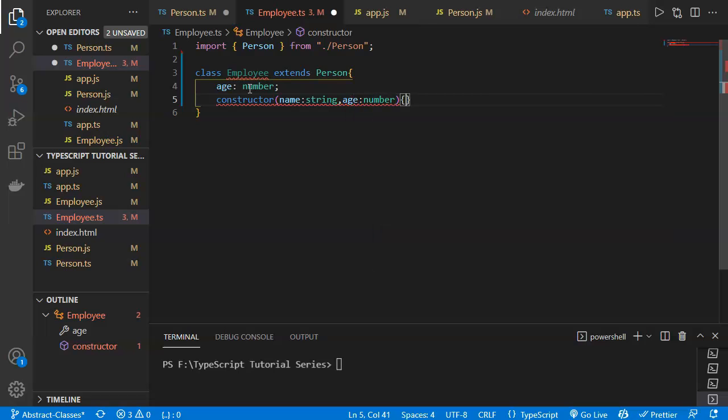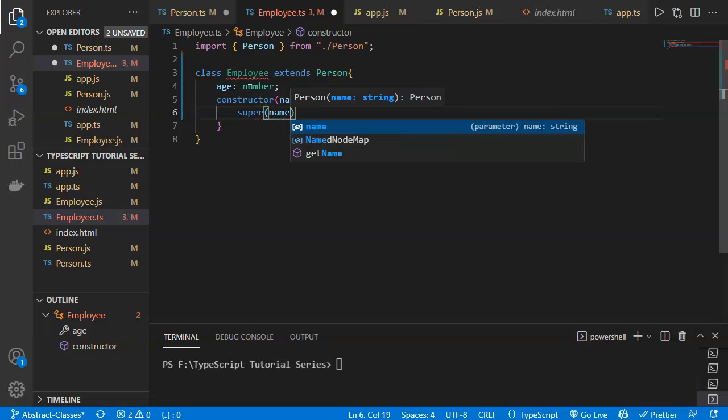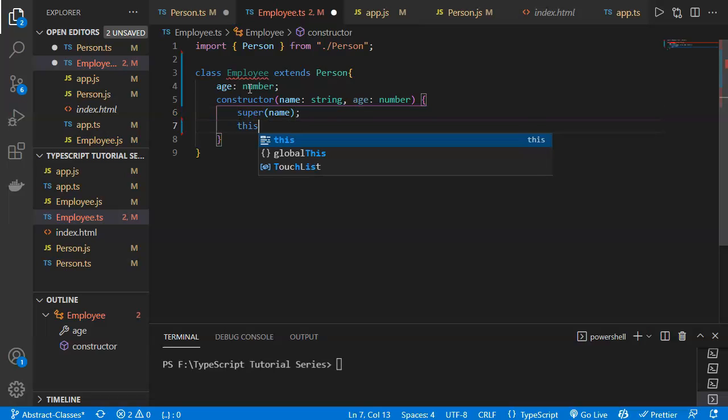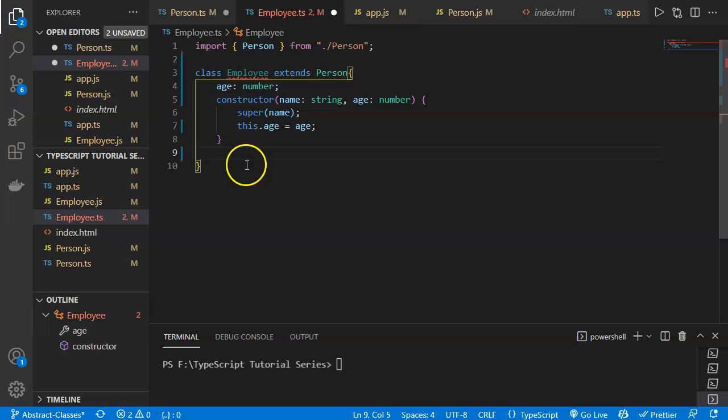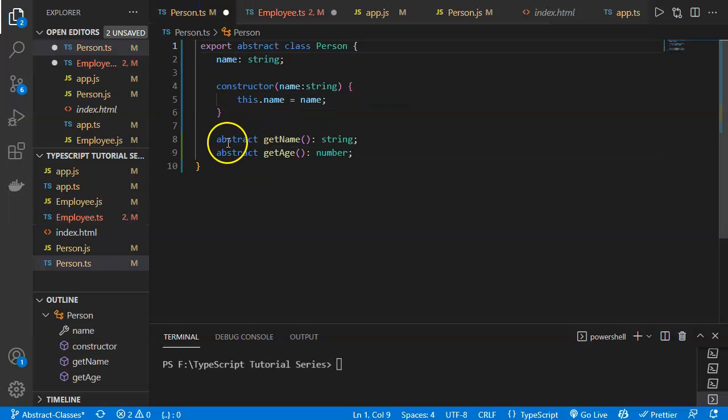Then we need to define the super call, and the super call will initialize the parent class constructor. It will be the name, so the name will be set from the parent class, and then we need to set the age from here. This.age will be the age. So we are now defining the age from this constructor. Then we need to define the functions which are defined in the parent class, like getName and getAge.